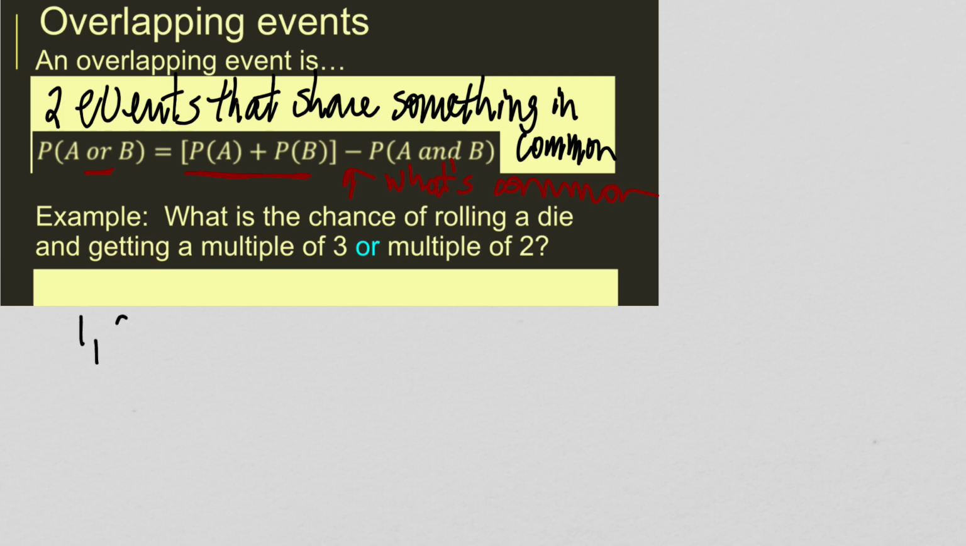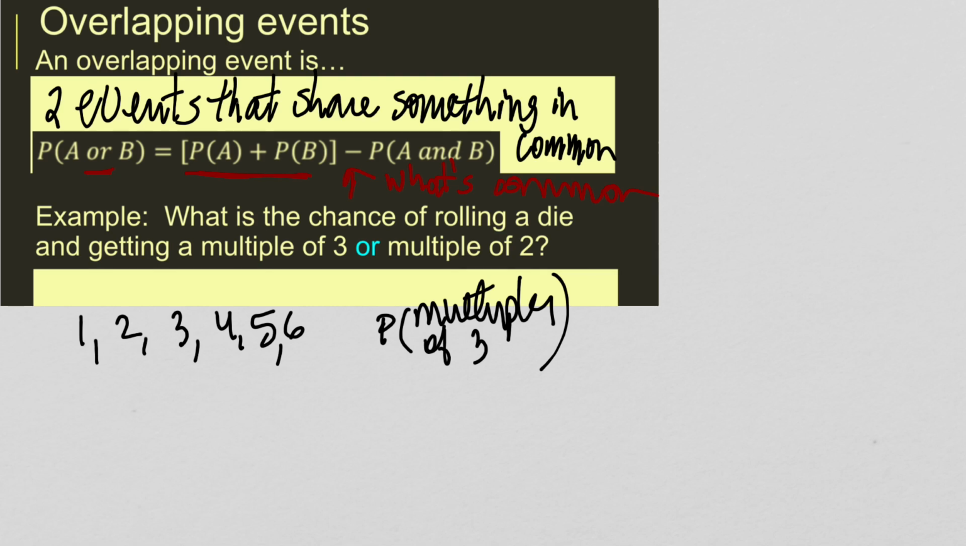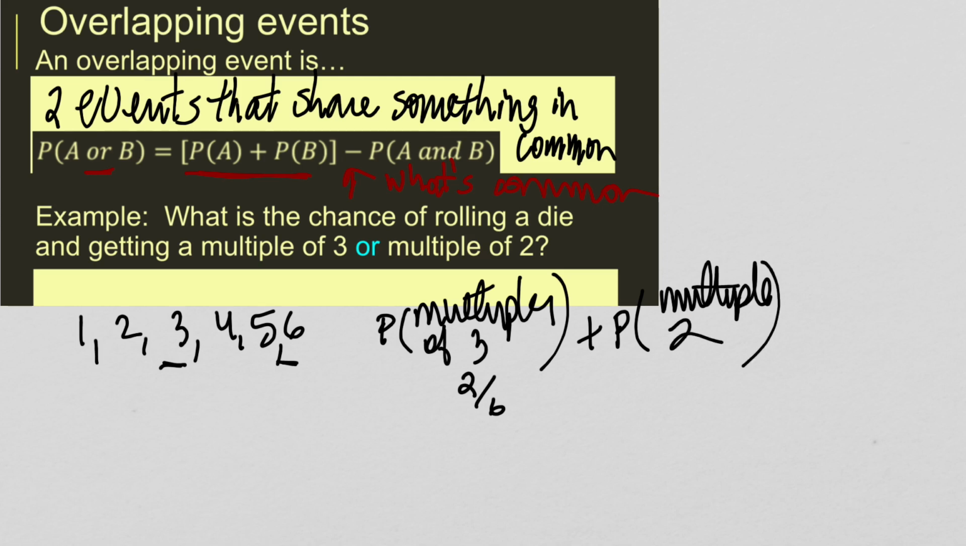So on a die, we have 1, 2, 3, 4, 5, 6. These are definitely overlapping, so we're going to figure out the probability to get a multiple of 3 first. And what are multiples of 3? 3 for sure, and 6. So that's 2 6ths plus the probability of getting a multiple of 2. Well, how many multiples of 2 are there? 2, 4, and 6. So that's plus 3 6ths